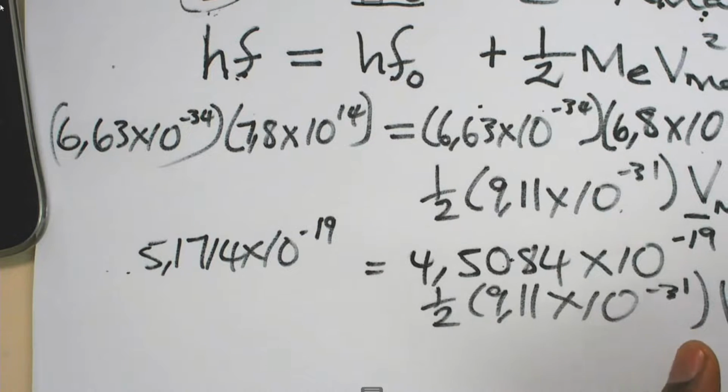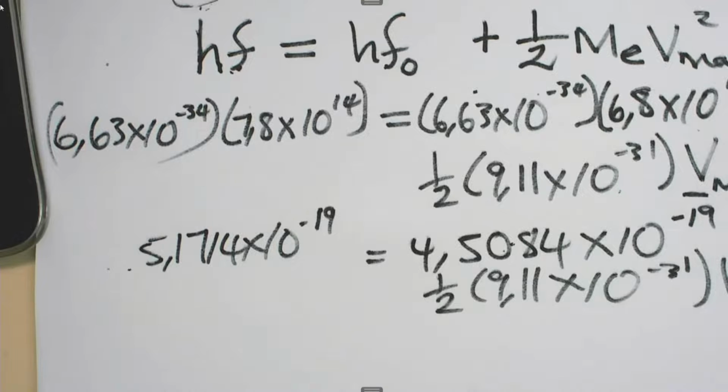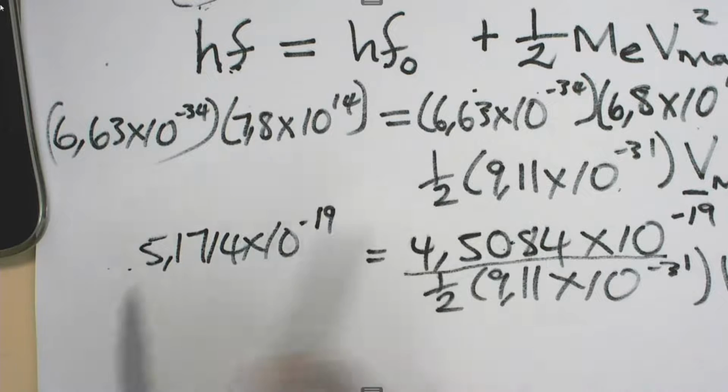So that is what we are having here. And then we'll just transpose this one from this side to that side. When it gets to this side, we'll then subtract it from this. We'll have 5,1714 exponent minus 19 minus 4,5084 exponent minus 19. And then the answer that we get there is 6,63